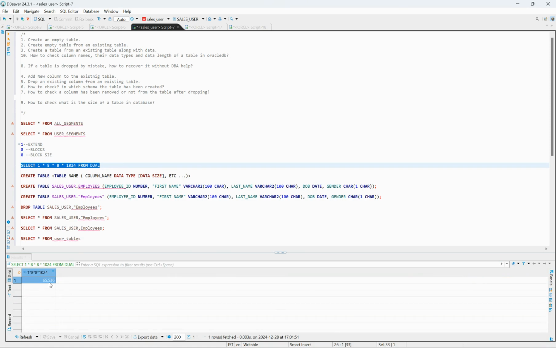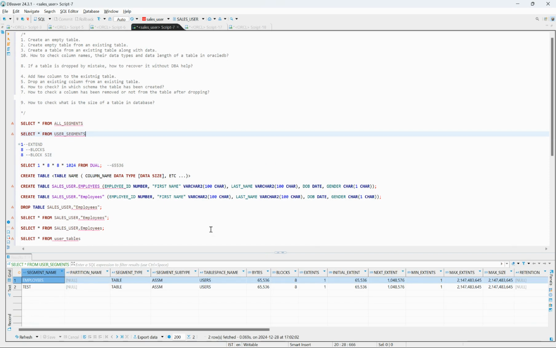So what's the value? Here we're getting 65,536 bytes. This is in bytes, right? Now, if I go back and query user_segments, here you can see the bytes is also 65,536 bytes. This means by default, when the table is created, it will be allocated with one extent. One segment can have multiple extents, but initially it starts with one extent, and the extent will